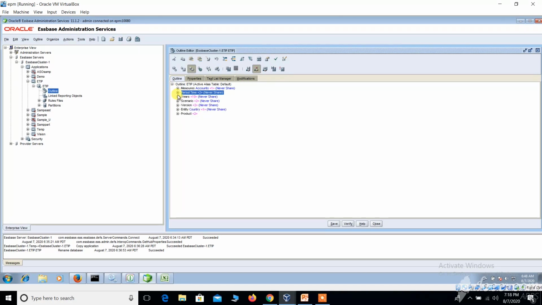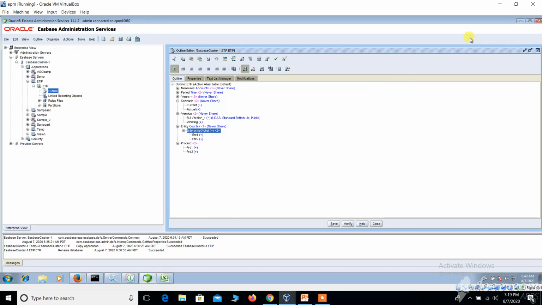Currently I am loading the data into FY20. I will show the scenario working. Scenario is version, and version is working, and then entity. I am taking entity 2. It is a simple OS-based outline, so we can easily identify where exactly the data has been loaded.